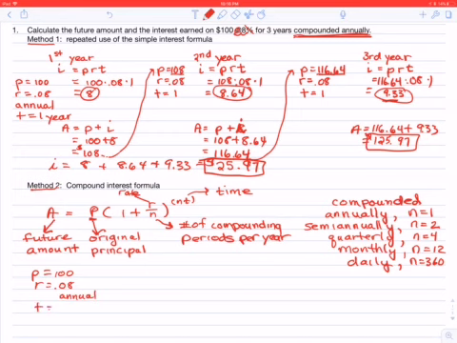Going to leave the money in there for 3 years, so that the rate and the time are in the same units of time. Now, N, if they're compounded annually, N is 1. So I'll just substitute it into the formula. So it'll be 100 times 1 plus R, 0.08, divided by N, and it's 1 in this case, close a